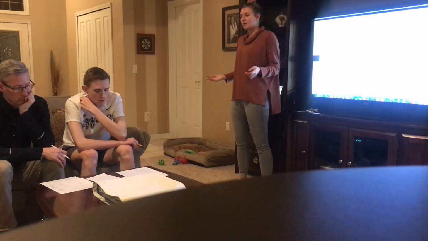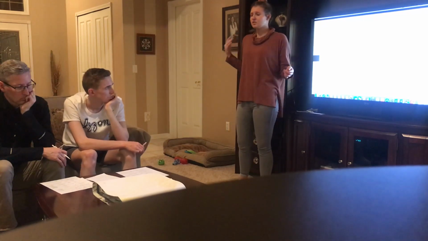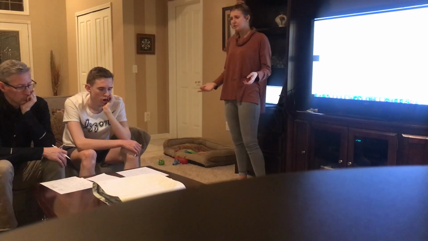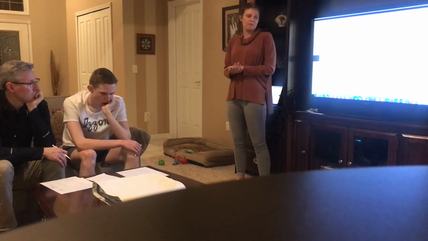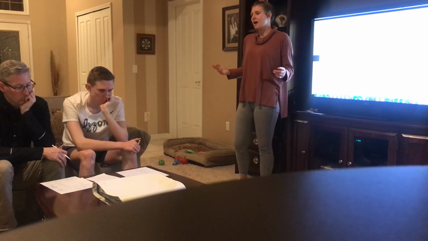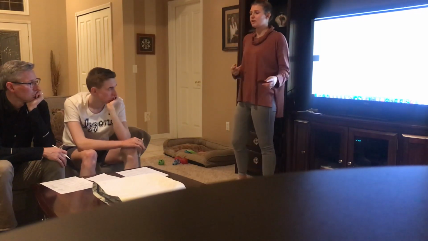And another thing that I want to bring up to you guys is that we can also use the periodic table with our unit conversions. So for example, carbon on the periodic table has a molar mass of 12.01 grams